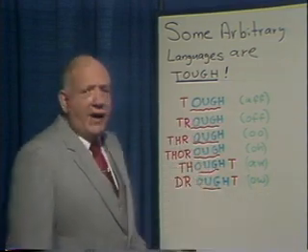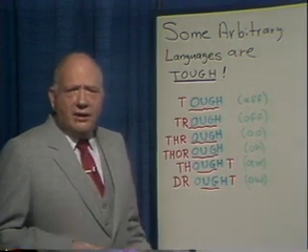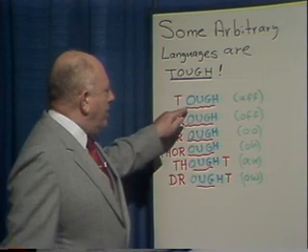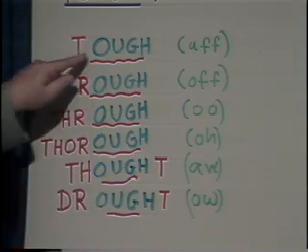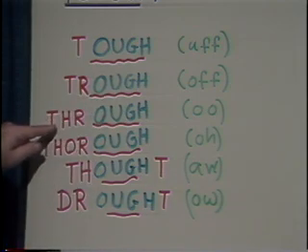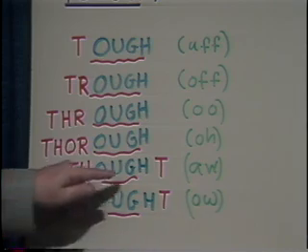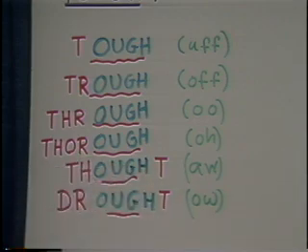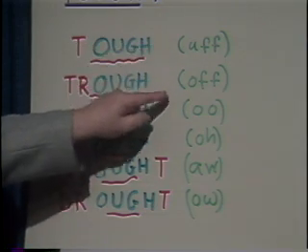And I underline the word tough to point out something that I find very interesting. People tell me that mathematics is very hard for them to learn. But yet, if you've learned to speak English, you have done something much harder than learning how to speak mathematics. Look at the O-U-G-H and all the different sounds it can make. With a T in front, it becomes tough. With a TR in front, it becomes trough. With a THR in front, it becomes through. If you put an O between the H and the R, it becomes thorough. If you put a TH at the beginning and a T at the end, it becomes thought. And if you put a DR at the beginning and a T at the end, it becomes drought. Look at that. The same combination of letters, 6 different pronunciations.